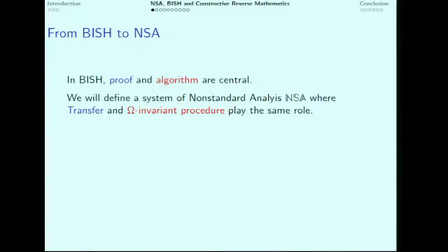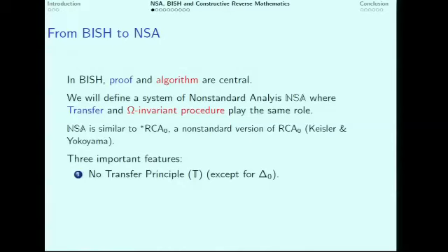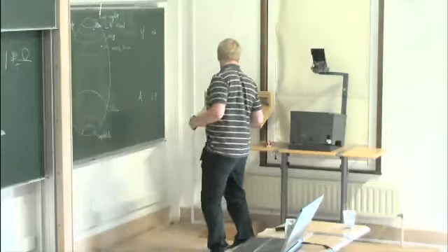And, well, I'll define Blackboard NSA, a system of non-standard analysis, where transfer plays the role of proof, and algorithm plays the role of omega invariant procedure. You can think of Blackboard NSA as a non-standard version of RCA, the base theory of reverse mathematics, and well, Steve is with us here today. Non-standard versions of RCA0 have been looked at by Jerry Keisler and Keita Yokoyama. There are three important features, namely there is no transfer principle,